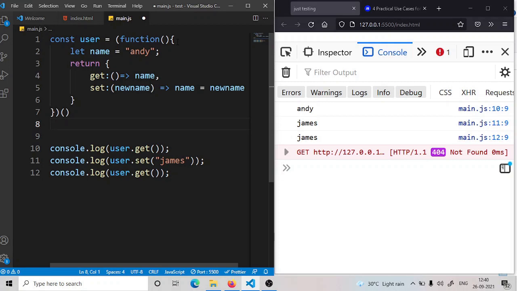Okay, and what happens here is this name behaves like a private variable for the user. Okay, so we can consider user as a namespace, and this is all its methods. Okay, so